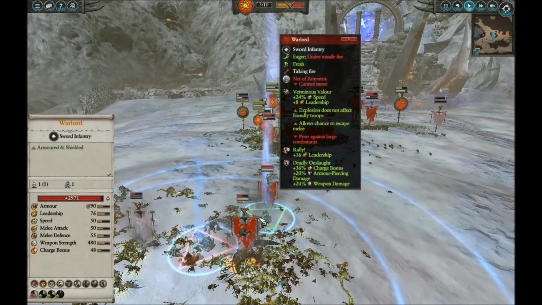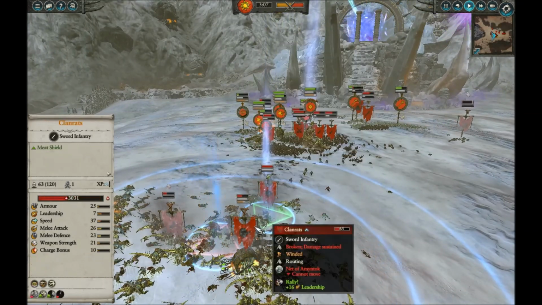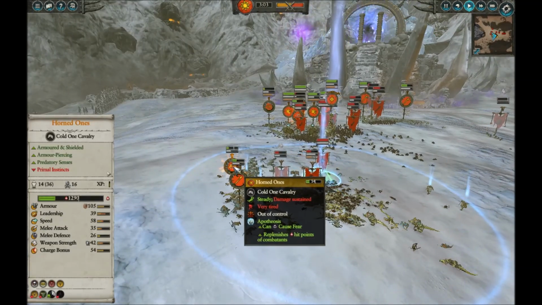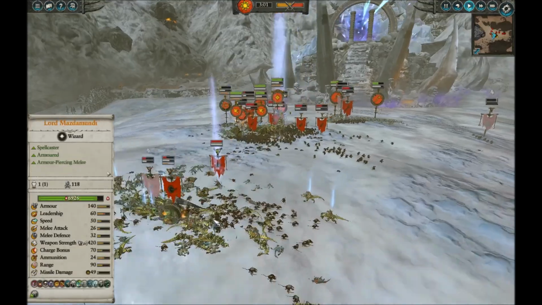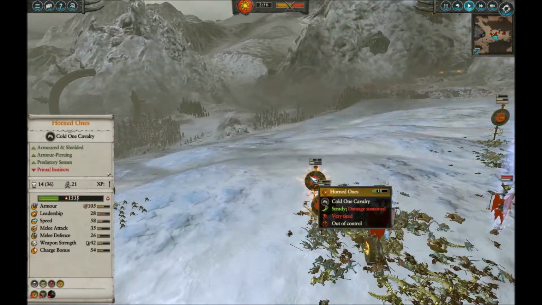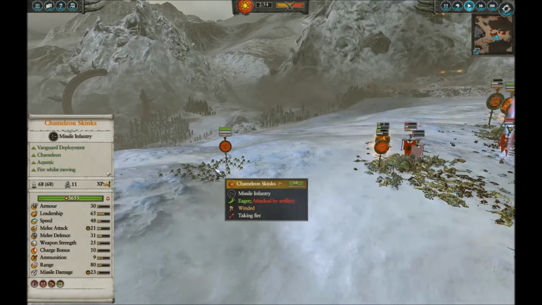He popped Verminous Valor again there, which doesn't help because he's netted. So... doesn't really accomplish much. The Horned ones now have Apotheosis on them. See, this is that Lizard Man healing, though. I will not lose that unit. Despite it having gotten involved in a bad engagement right at the start, it's going to live through the whole